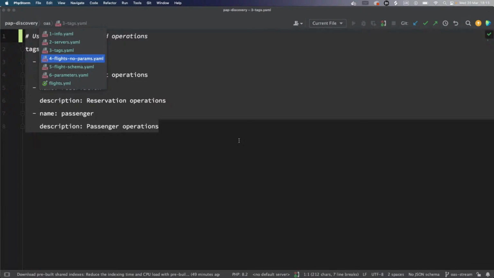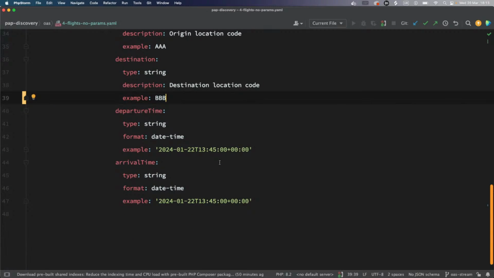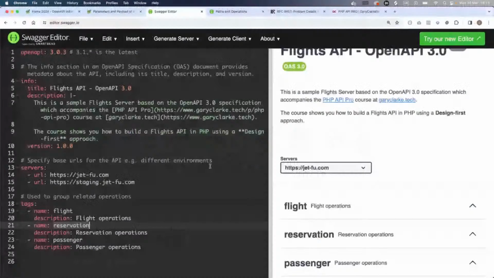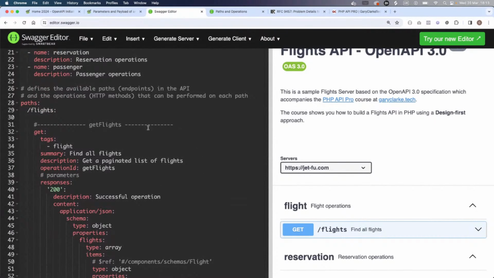So here, while I'm just showing you this and demoing this, we're just going to drop in just the flights. We'll not drop the reservations. We'll have a look at the full spec for the full API and a full display of the Swagger stuff at the end, but for now we're just dropping little pieces in bit by bit. So this one's a bit longer, and this is the paths section. So the paths section, as you will have guessed, is where you define all your paths, i.e. your endpoints. So it defines the available paths in the API and the operations that can be performed on each